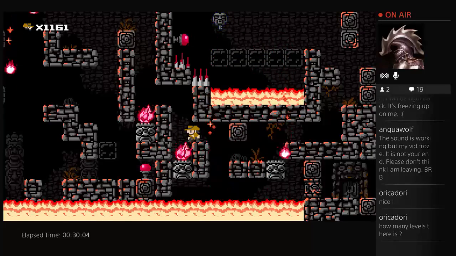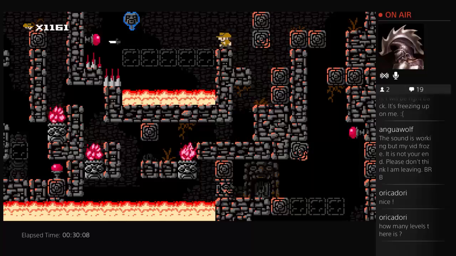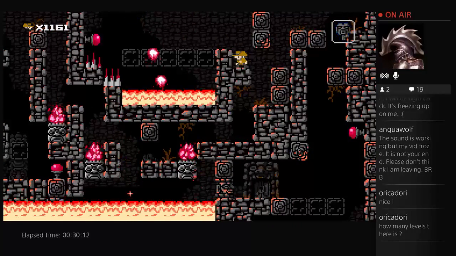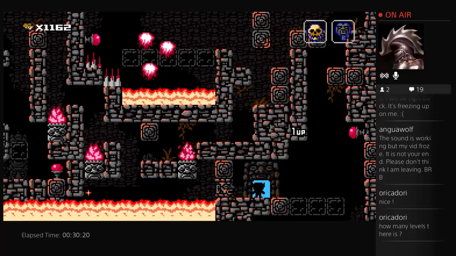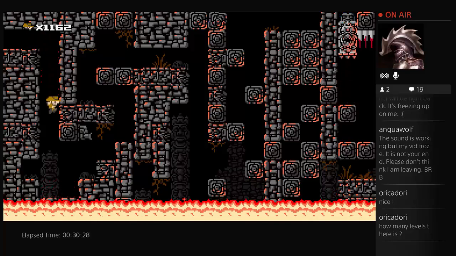This section here is a bit annoying because there's no real safe zone, but we did it anyway. Okay, now you see that tilted block over down right? That's our golden skull. Oh, there we go, first try. I usually get nailed by that head trap at the bottom, but...